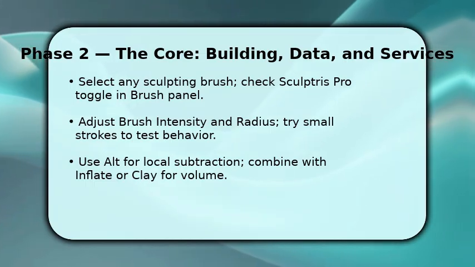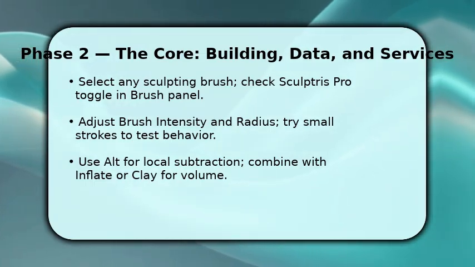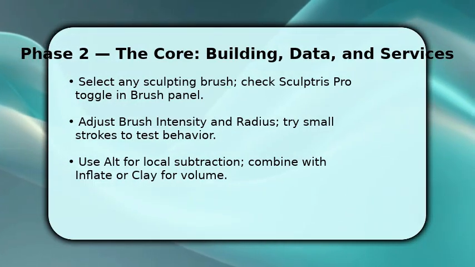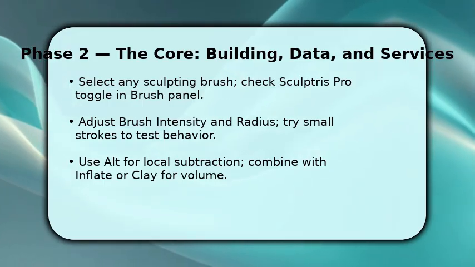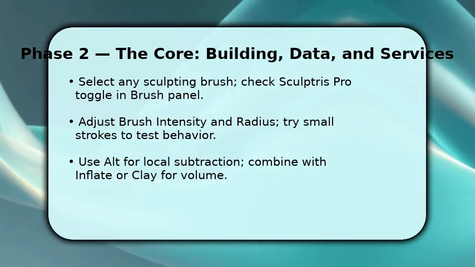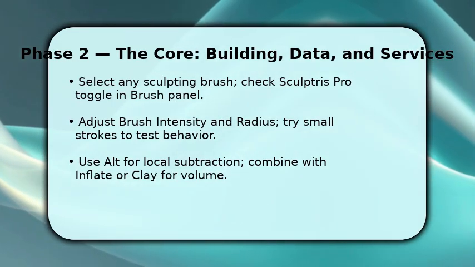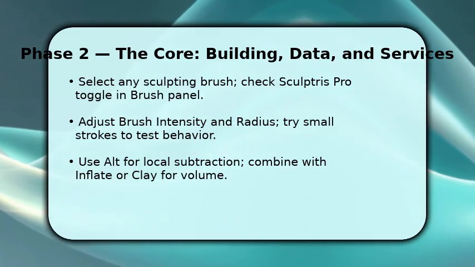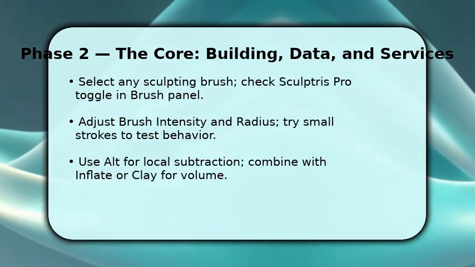Begin with lower intensity and smaller radius to observe how polygons are created. This prevents runaway geometry spikes. Sculpt with standard strokes for mass and use Alt to subtract cleanly. Make sure to use Inflate or Clay Buildup to retain volume while topology changes, because sculpt finish by stabilizing the